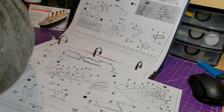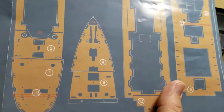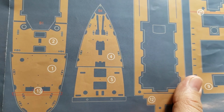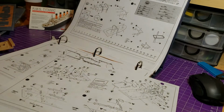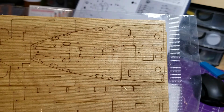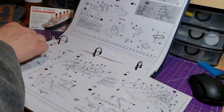So I have the wood veneer, but before I get to that, if you look at the extra instructions that come in the kit, you can see part B4 right there, parts 4 and 5. And if you look at the layout of the veneer sheet, this here is the piece. So now my next step would be to cut this piece out here